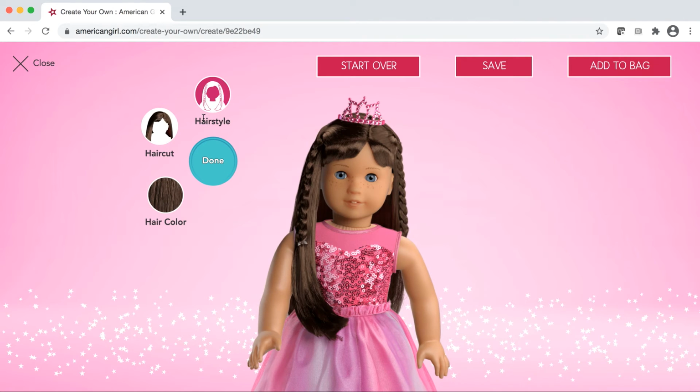I'm also going to show you how long it took for her to come in, the different steps, and then also how they bill you for each of these things, which I thought might be useful for you guys to know if you haven't done a Create Your Own or you're just interested in that part of it. But this is how she ended up looking in the images online, and then I can show you that next to how she looks in real life, because I think in real life she actually looks a lot cuter than this digital image